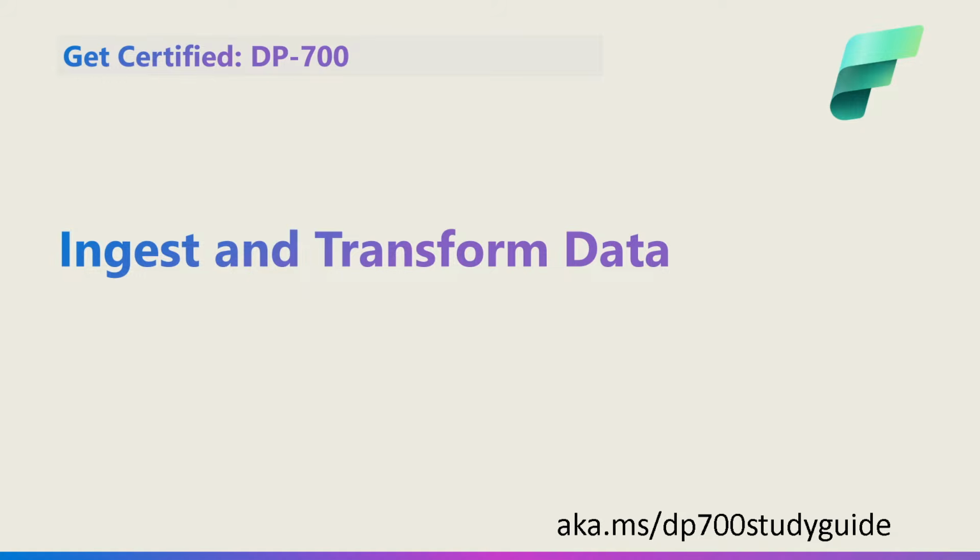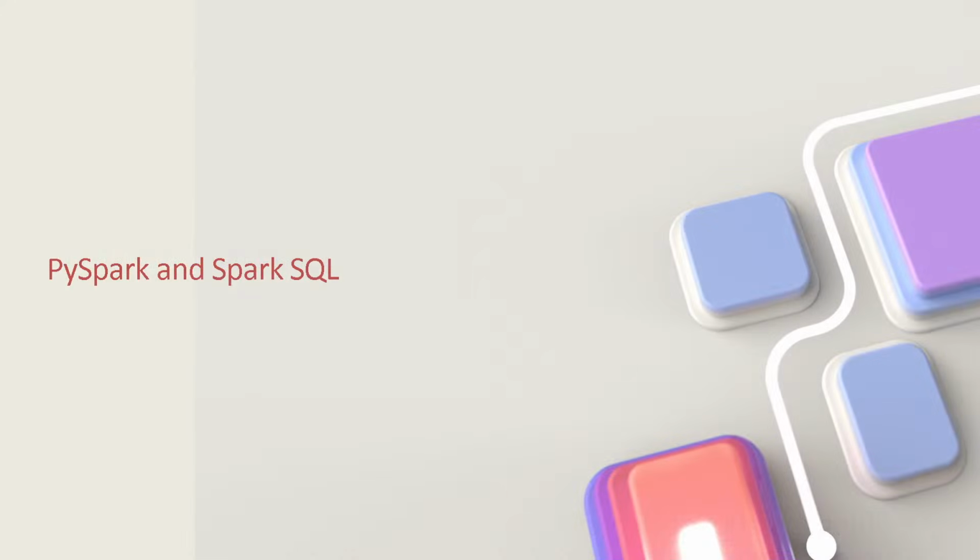You've already seen we can do it using Dataflow Gen 2, but we can also do it using PySpark and Spark SQL. So there are two other methods we can use, and it is not only limited to PySpark and Spark SQL, but we can also use Scala, which is native to Spark, and Spark R. And for these things, we typically use notebooks. Notebooks primarily interact directly with lakehouses, but we have been given a facility where we can also use them along with a warehouse. So with that, we will be jumping into today's content.